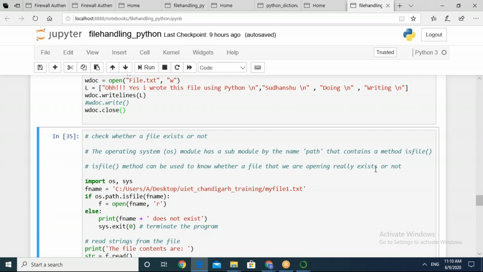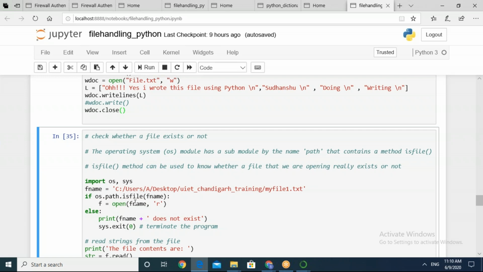fname equals the file name. Simply, I have stored the file name in this string variable, and I'm going to make use of it here in this if statement. If os.path.isfile, within parentheses I'm going to pass this string variable, then open the file using this string in read mode.